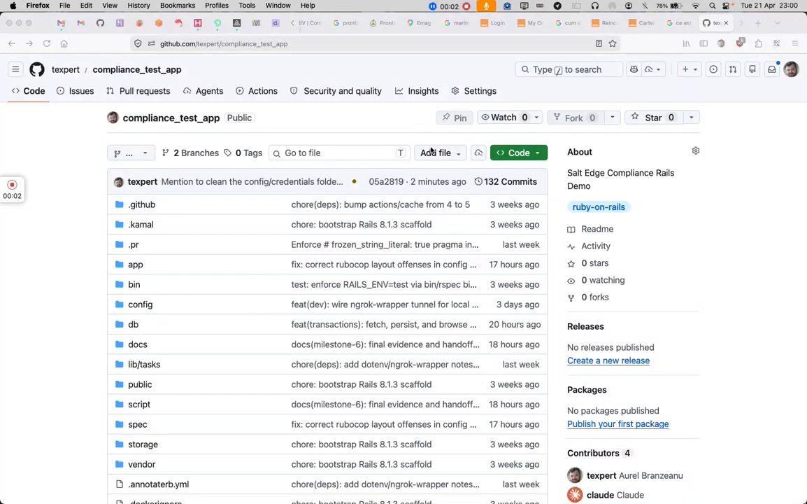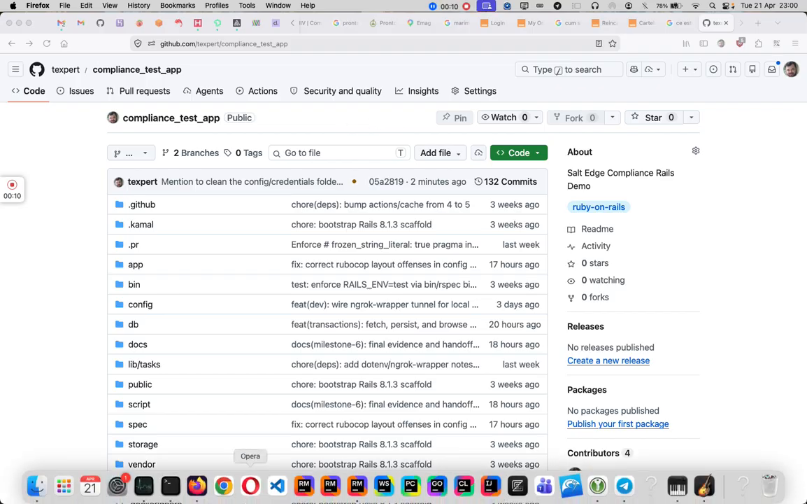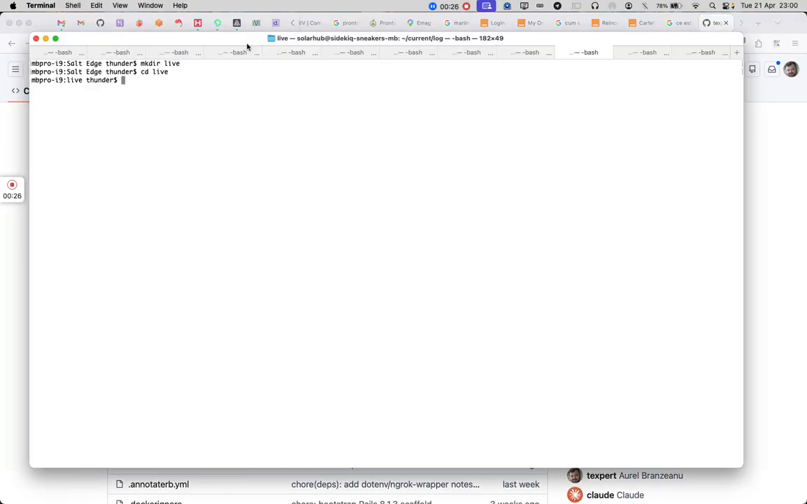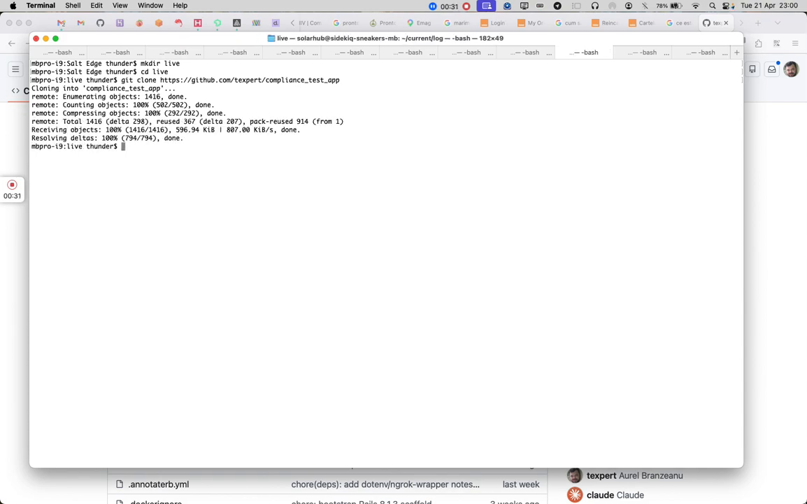Hello, let's start testing the SaltEdge compliance test application for testing the account information services. Let's prepare a live folder for installing the application, and let's git clone the application into this folder. Now change the directory to the cloned application